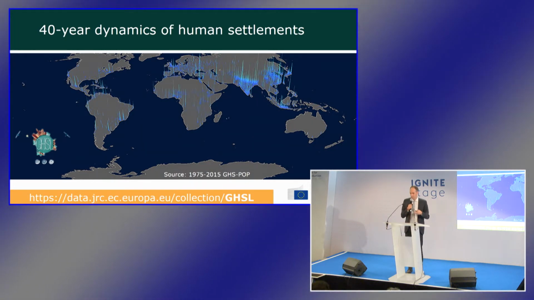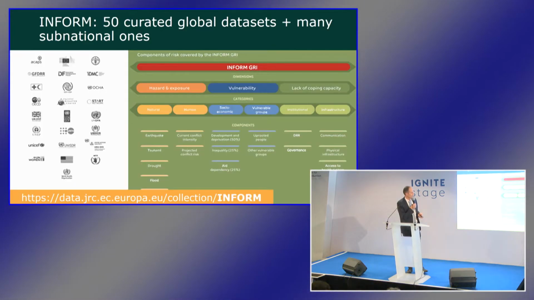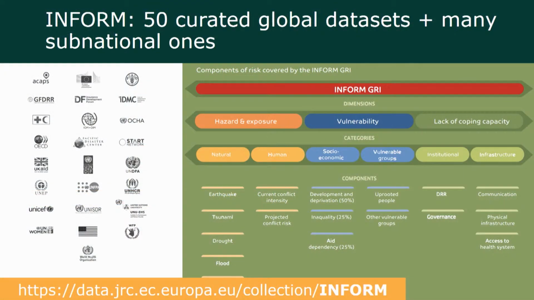So very useful for the dynamics of urbanization and exposure to risks. Another part is the vulnerability part. We are curating over 50 data sets together with many partners, many EU agencies, on risk, on the vulnerability, the coping capacity. This is updated every 6 months. It's been going for many years, and it is very useful information to understand the social aspect of